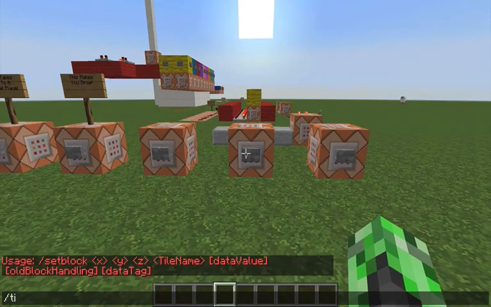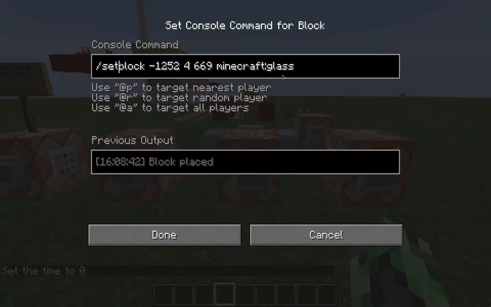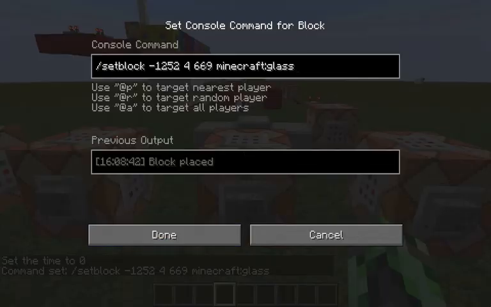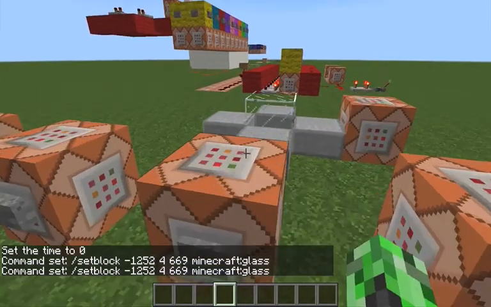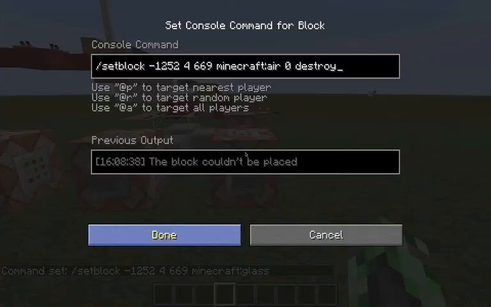The way this works is using the setblock command, and it says setblock, and then at these coordinates, which is on this red wall right here, I want Minecraft glass. So if I click this button, it will target this coordinate and set Minecraft glass. Now the same thing is with this. It's at these coordinates, which is on that red wall over there,